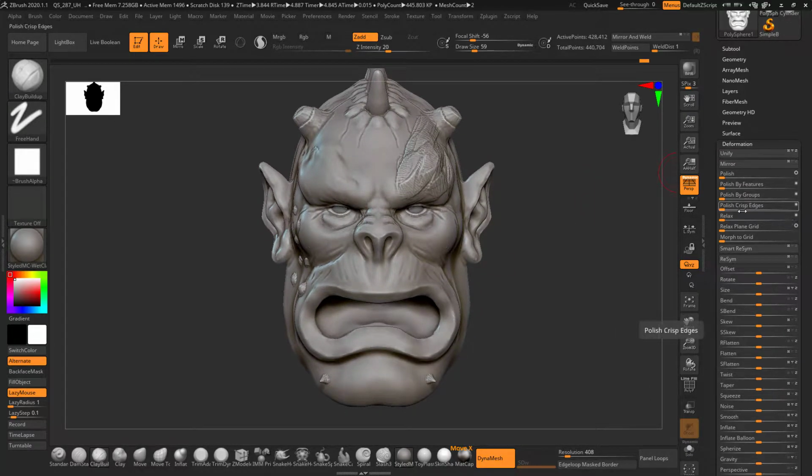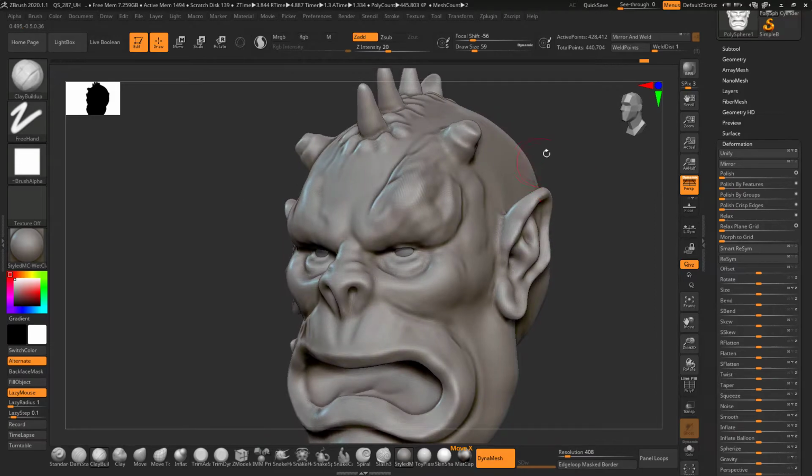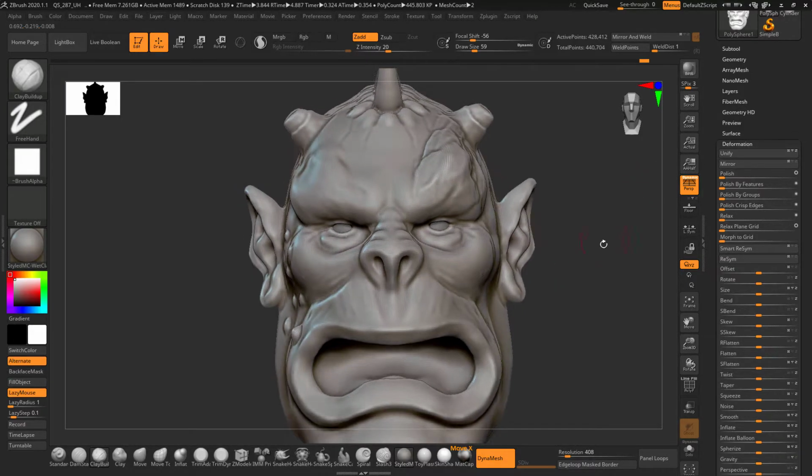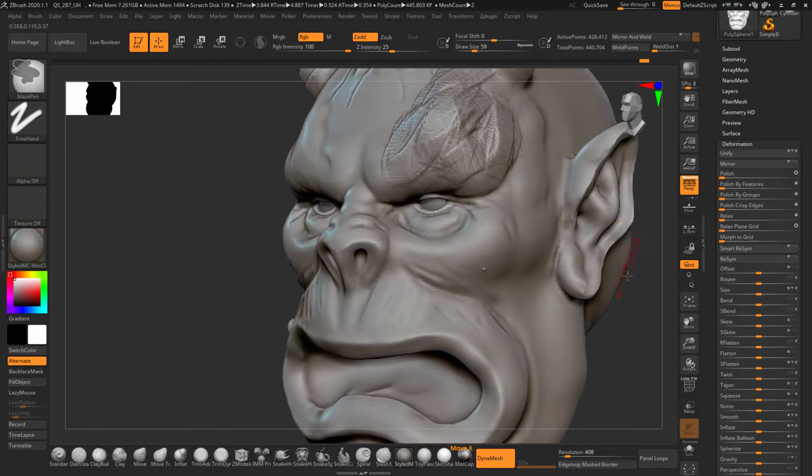I will go and come to the polish. So basically when you click on the polish, you just increase it, so you just smooth your model and add a bit of polishing. If your model has a lot of roughness and you want to just smooth it out once, you can simply click on this and you will get quite decent results.